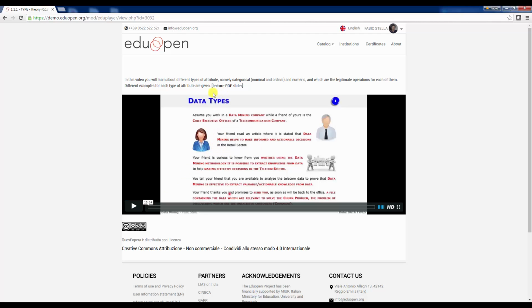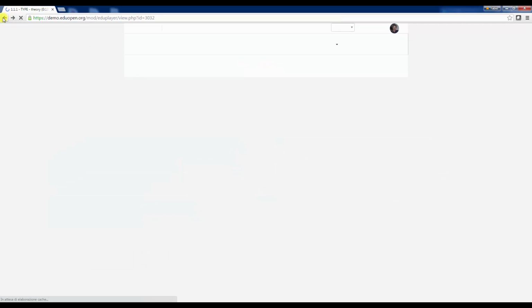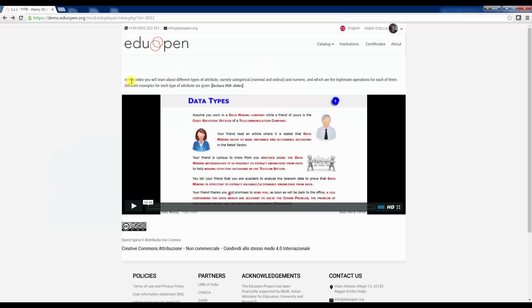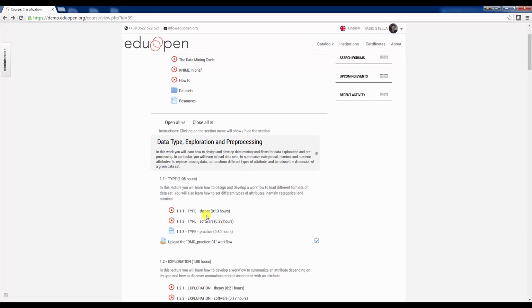If you want to download the lecture PDF slides, you simply move over this control and you click over it to start the download of the PDF file. Now we move back, and here we typically have a description of the main contents of the lesson. Then we move back to the platform, and once we have watched this theory lesson, then we move to the